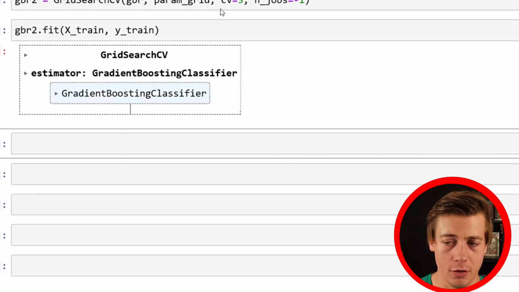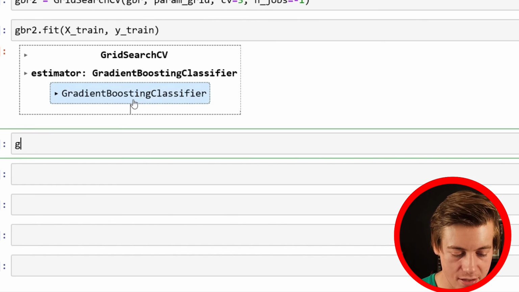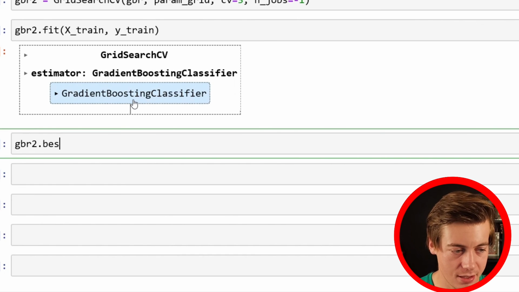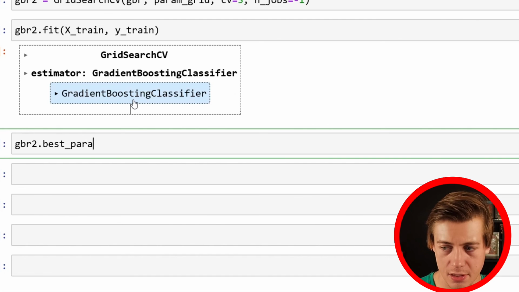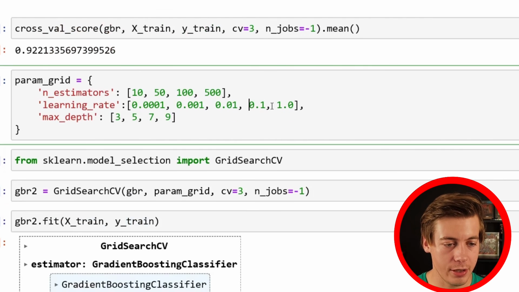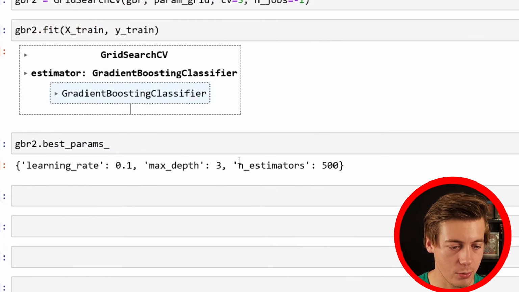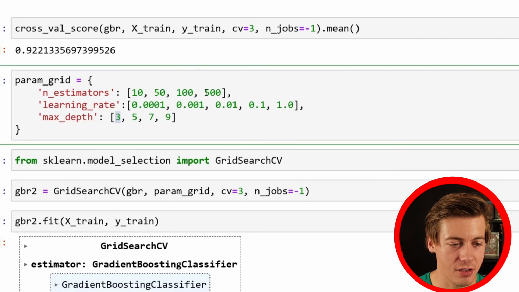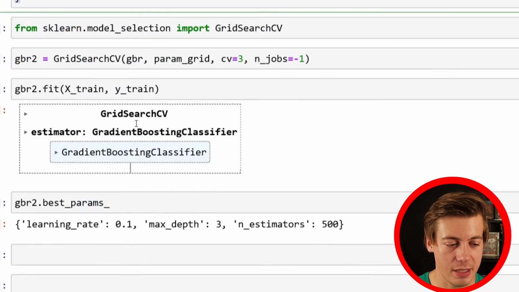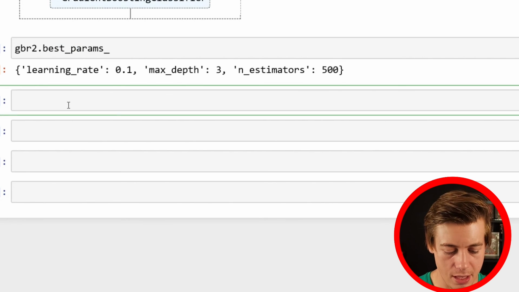All right, so we have this over here. And then if we want to see what parameters worked best on this data set, all you have to do is GBR2.best_params_, and then this will tell you specifically. So over here, right, our learning rate of 0.1 was the best, then our max depth of 3, and then our n_estimators of 500. So again, you can use this information, you can tune it even more, and I think we'll get a little bit better of a result. So then all we have to do is